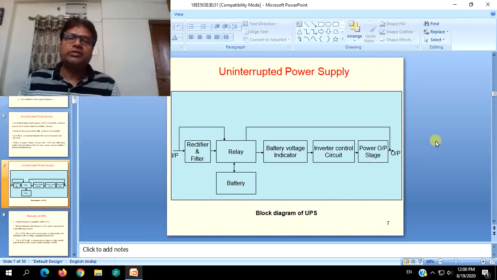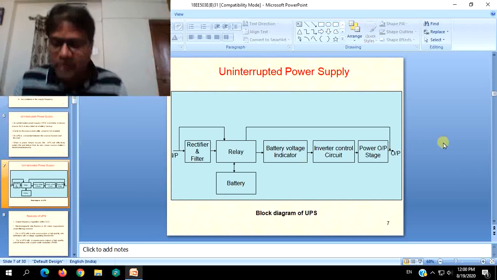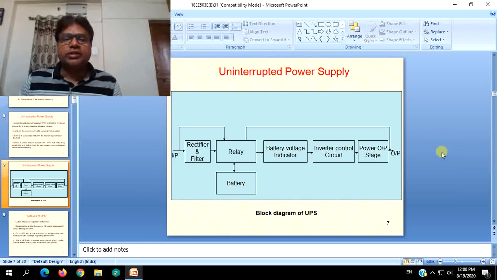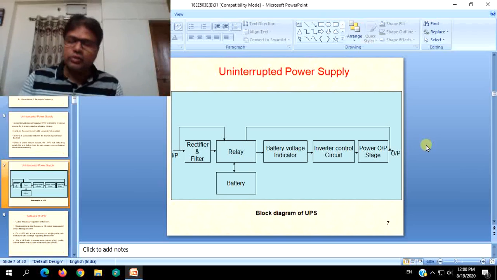So these are certain features of a generalized UPS. We can simply understand that a UPS is a device or equipment which feeds the load from the source directly when the source is on, and also stores energy in the form of DC inside a battery. When the source is turned off, it changes the circuit from source to battery, and now the battery will supply the required energy to the load via the inversion circuit. That is the concept of UPS.